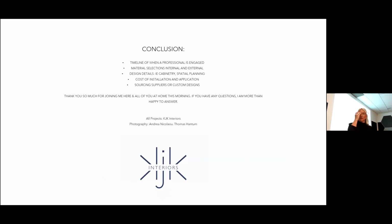So I guess in conclusion, it's all about the timeline for when you engage your professionals to help you with your project. So whether you engage your builder first or if you engage your building designer or your architect, you should always have a bit of a timeline, and it always helps within the whole process. So it can be quite daunting at first when you first start a project. I get a lot of clients that come to me, they're in mid-project and they're like, what do I do? So it's always good to actually come along, and even if you have a consult, I can always talk people